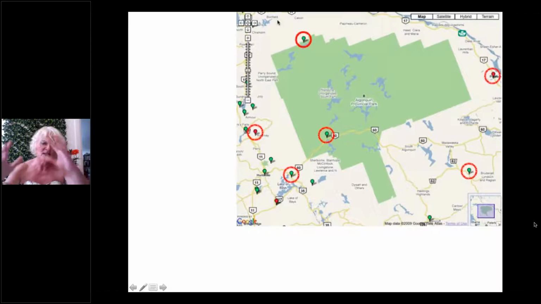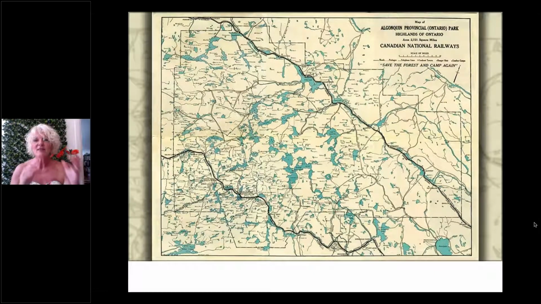And to understand this much space that was left open for, at the time the term was primitive forest. I think what we would use now, a better word, would be pristine forest, though it's always hard to connect that notion of pristine forest with the logging that continues sadly to take place there now. I love this map of Algonquin Provincial Park because it gives you a real sense of the water that's here. Not only the size of the park, but take a look at all those rivers and take a look at all those lakes.